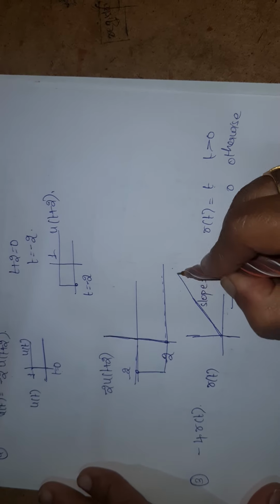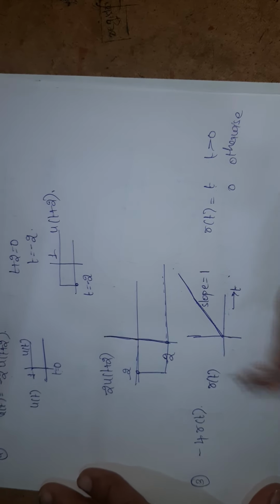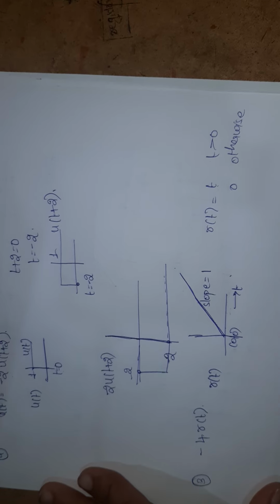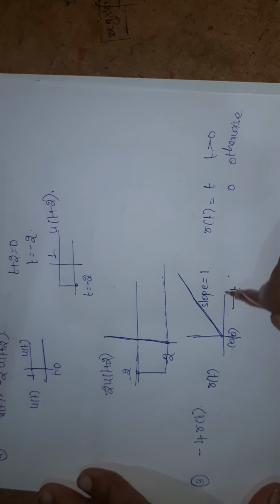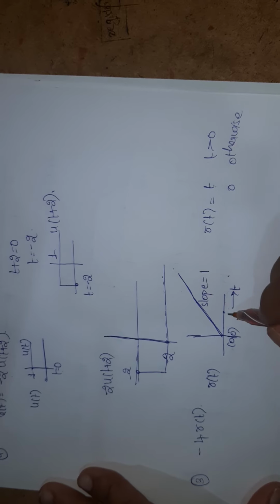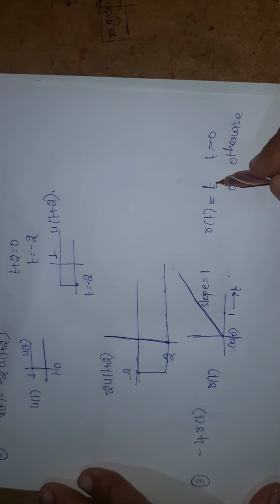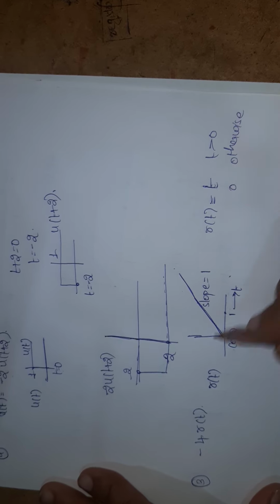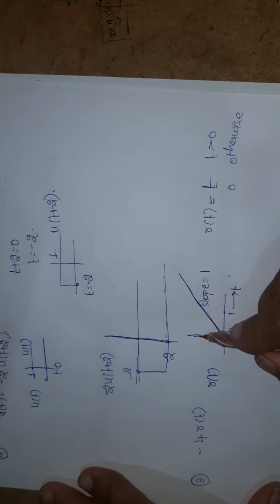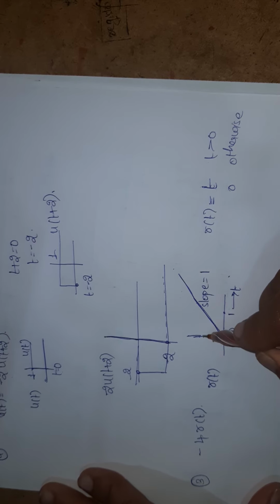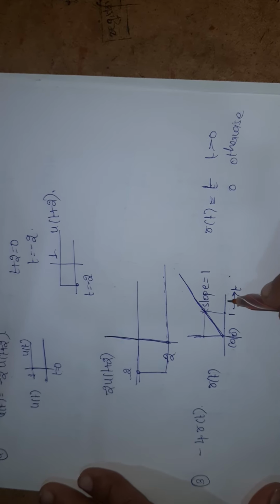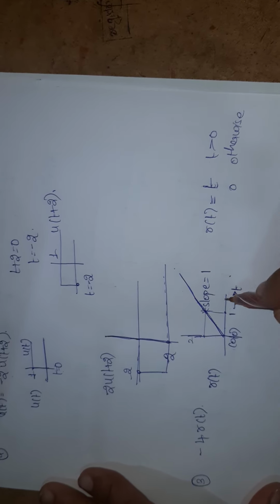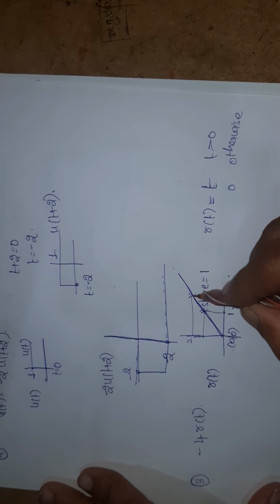So here then the slope will become 1. How? See, it is 0 comma 0. For every t value, wherever you consider, if I consider it is 1, so r of t is equal to t itself. Whatever the value you consider, the same magnitude it will have. That is 1, for example. So this is 1 here. If I consider 2, here also 2. Somewhere around here I am getting.